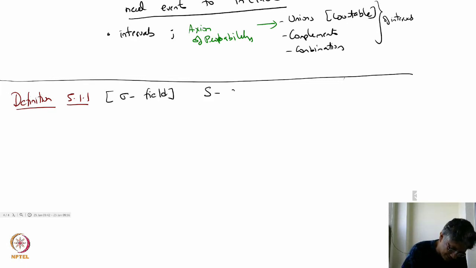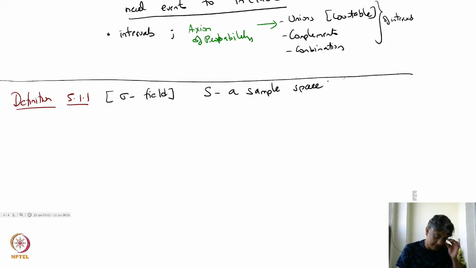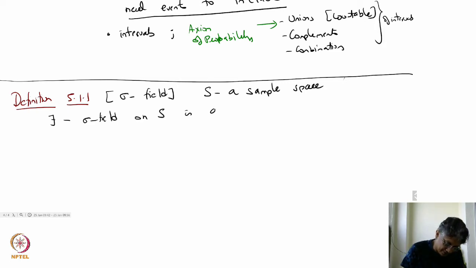If S is a sample space, F is a sigma field on S, script F sigma field on S, is a collection of subsets of S such that